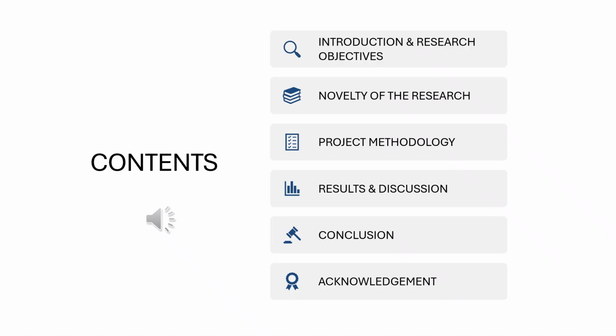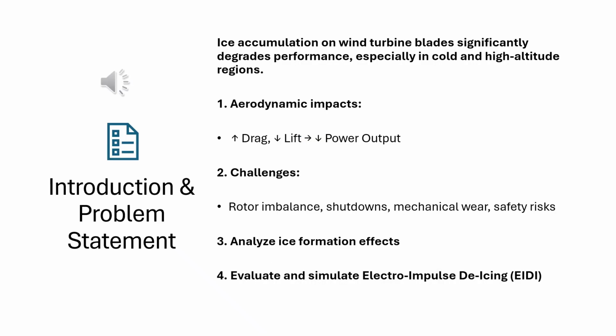modeling using COMSOL Multiphysics. Wind turbines operating in cold climates face a serious problem, that is ice formation on blades. This ice drastically alters blade aerodynamics, increases drag, decreases lift, and ultimately reduces the power output of the turbine. Beyond efficiency losses, icing introduces safety risk due to ice throw, forces unplanned shutdowns, and accelerates mechanical wear due to rotor imbalance. For example, even moderate icing can cause the system to misinterpret data, activate emergency stops, or trip